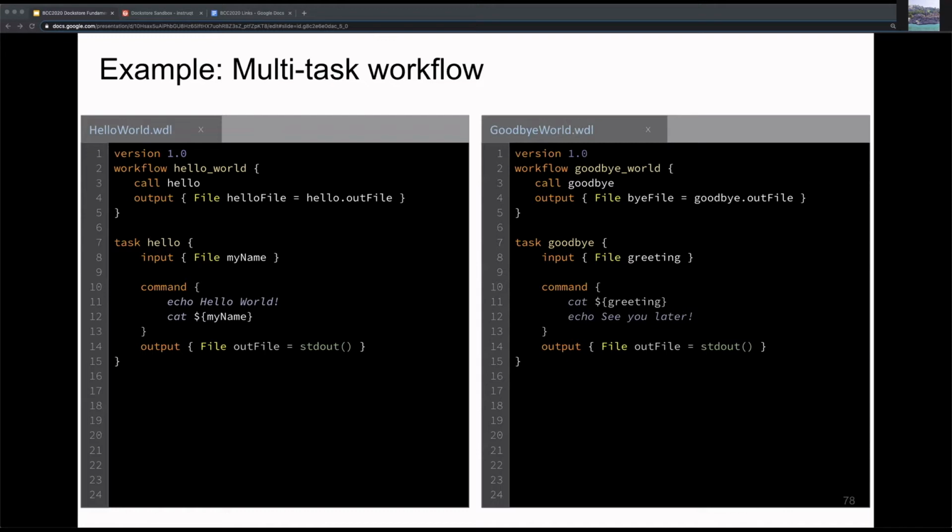So let's go over an example of what a multitask workflow looks like. We've already gone through the hello world example, but we're going to bring in this goodbye world workflow. As you can see, they're pretty similar. They're the exact same amount of lines, but in the goodbye world example,